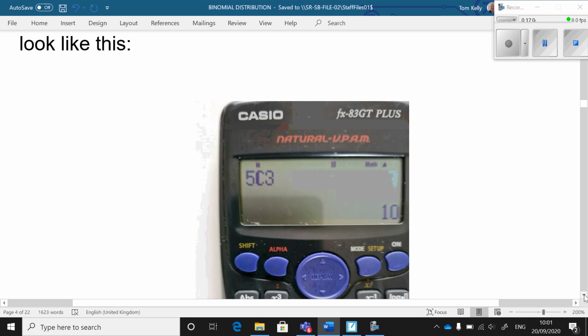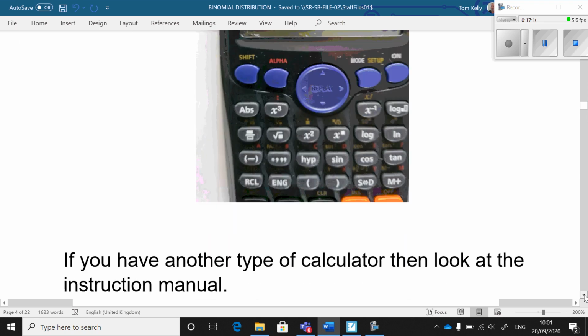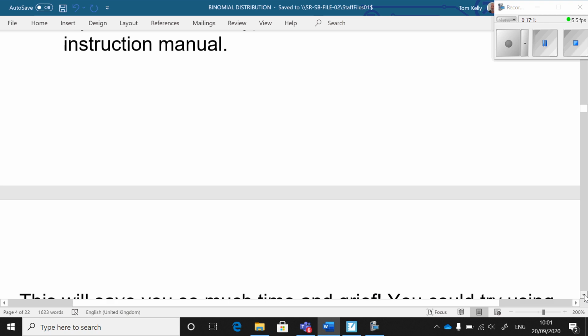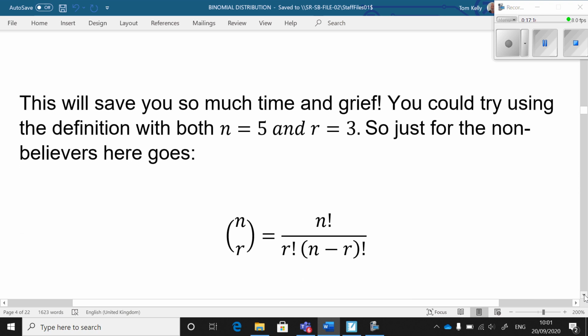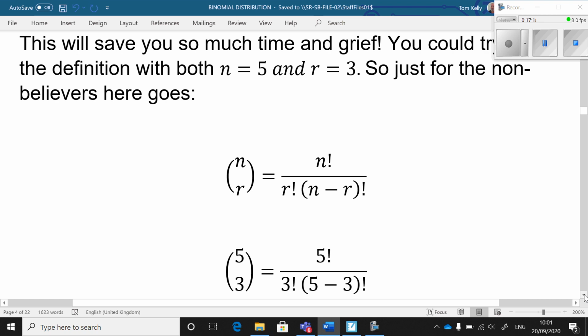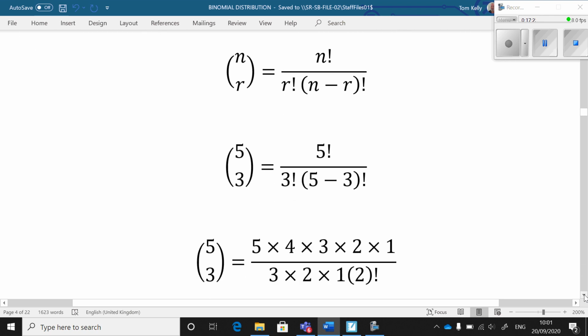Right, so if I was to do it the old-fashioned way with a definition, I've entered start with 5 and 3. So my n is 5, my r is 3. Got my formula, the 5 over 3 there. You can see I'm replacing n by 5 and r by 3 with my wee exclamation marks. They're the factorials. And it just so happens that I did choose 5 and 3